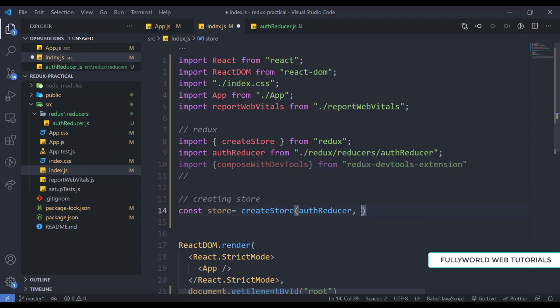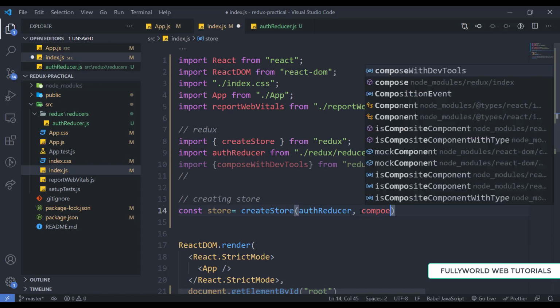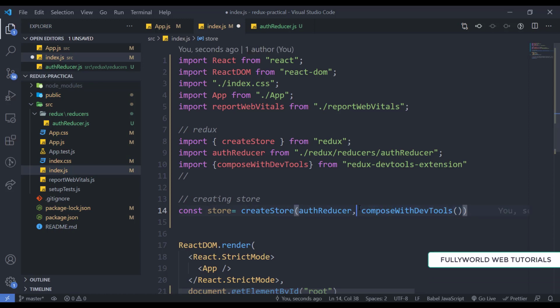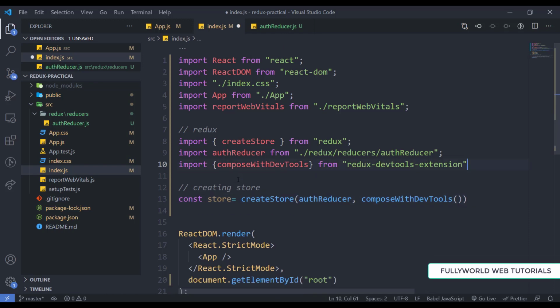Here I'm going to call composeWithDevTools, as we are not going to add any middleware here. In the enhancer we can also add middlewares, like Redux Thunk and Redux Saga, and our own middlewares also. Those are some advanced topics that we will see after creating our project.